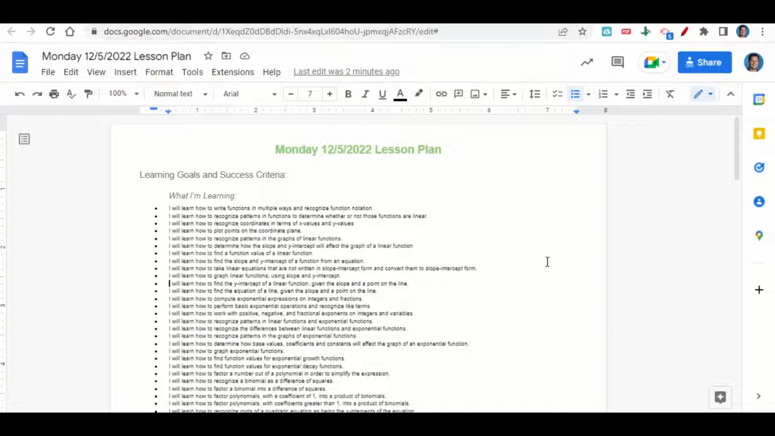integers and variables, recognize patterns in linear functions and exponential functions, recognize the difference between linear functions and exponential functions, recognize patterns in the graphs of exponential functions, determine how the base values, coefficients, and constants will affect the graph of an exponential function, how to graph exponential functions, how to find function values for exponential growth functions and function